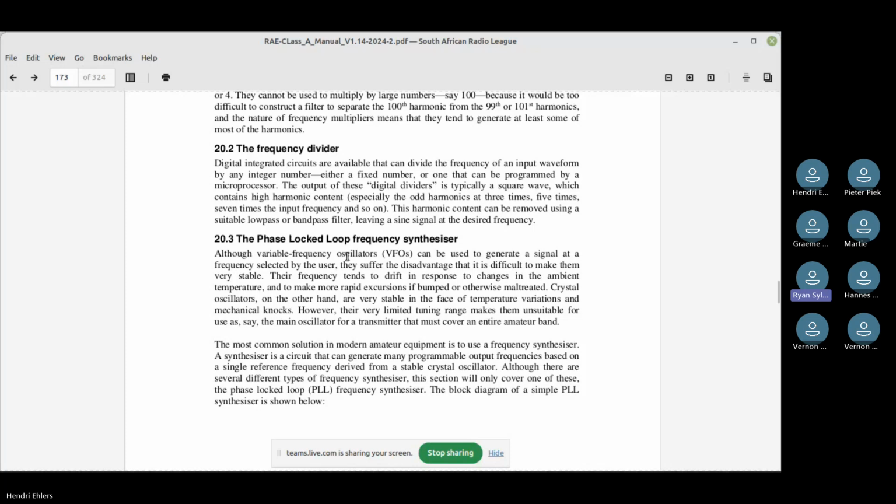Alles by mekaar gebring. Phase lock loop is in elke digitale tuner wat jy kry. Dit is die go-to manier van stabiliteit in 'n transmitter en in 'n receiver.